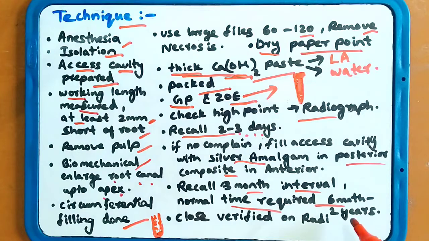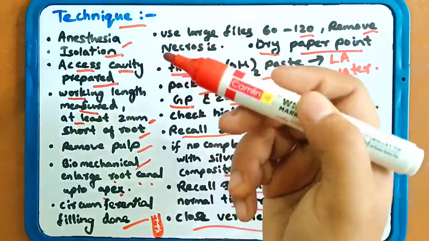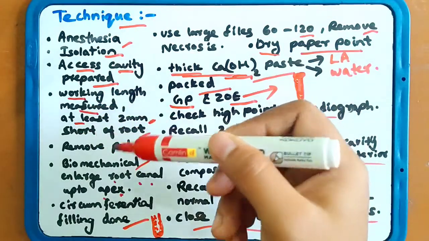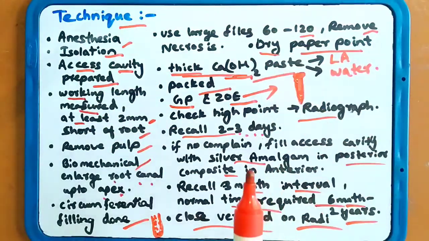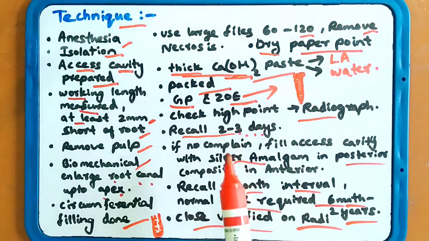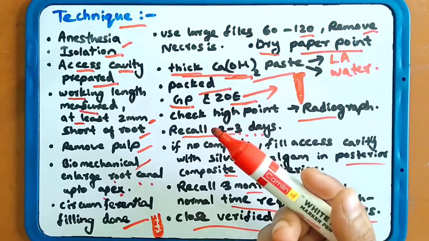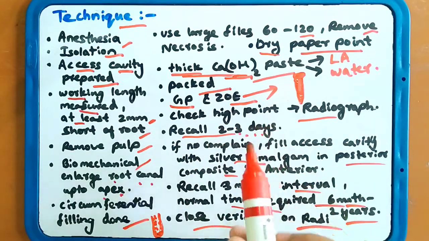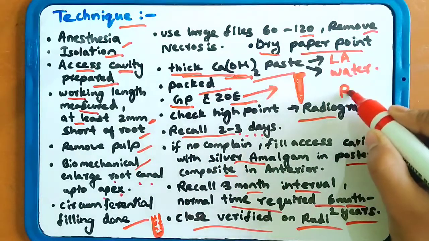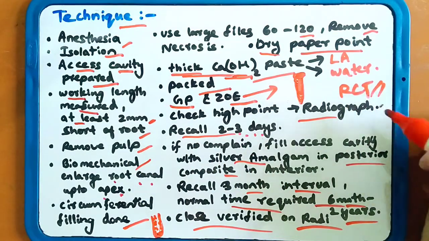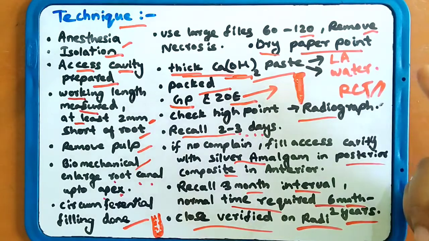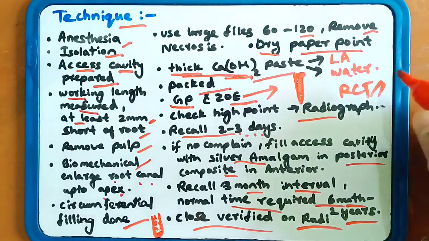Closure is verified clinically and on radiograph. You check it clinically by opening the root canal and testing it with a blunt instrument, meeting a definite stop. Then RCT is done at last with a permanent root canal filling, gutta-percha, and for anterior teeth, porcelain crowns are applied.